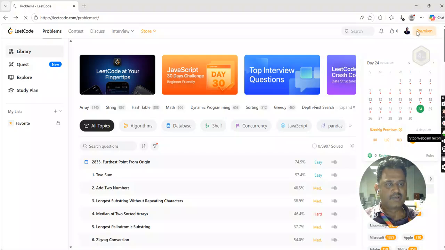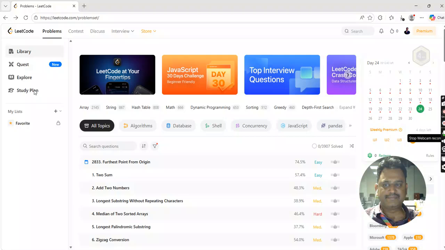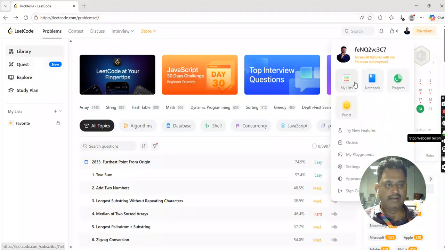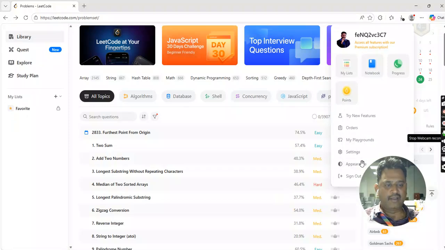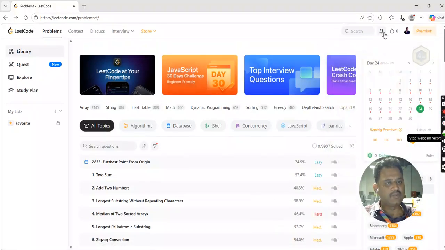home page. If I take the Leetcode profile link, I could give it to any users, or put it in my resume or my LinkedIn, so that the profile can be viewed directly by them: how many problems we have solved, how many things we have carried out, and everything will be listed over there. As of now, this is not